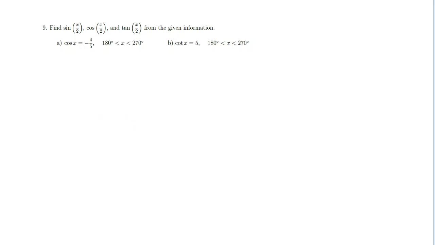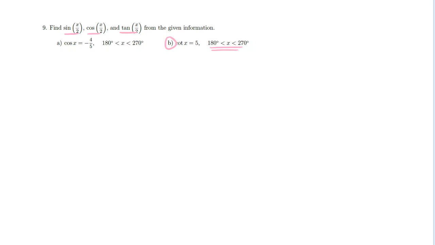So here let's go through an example where we want to evaluate sine of x over 2, cosine of x over 2, and tangent of x over 2. So we already went through a similar example in the previous problem, but this is a little bit different. This time we're given cotangent of x, and we're given the fact that it's an angle between 180 degrees and